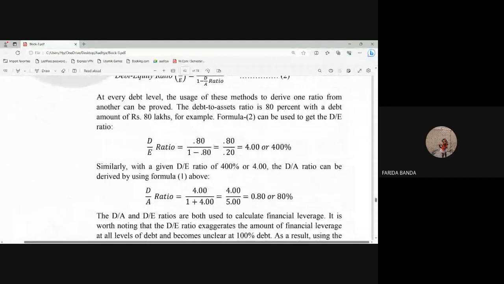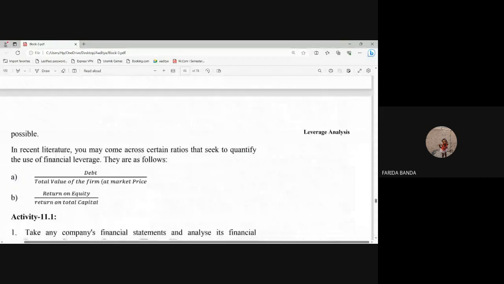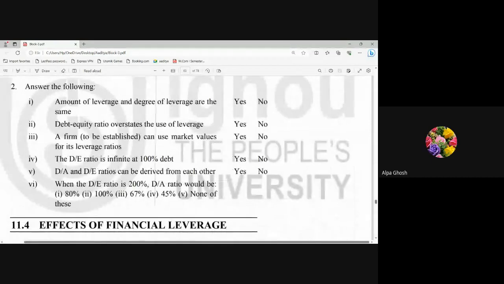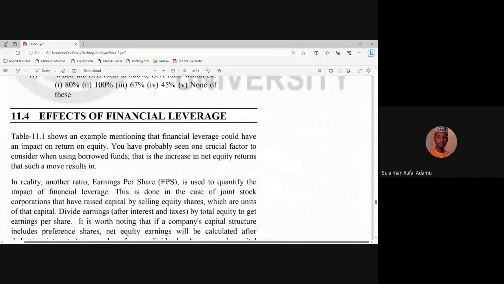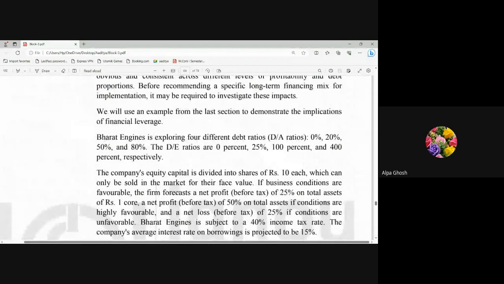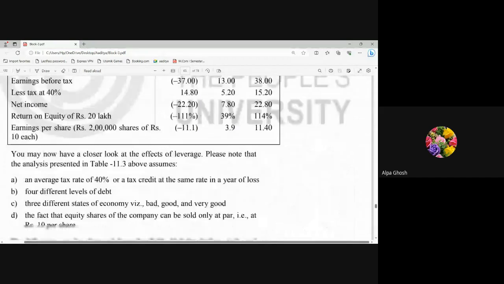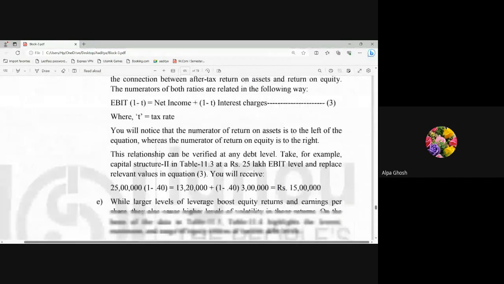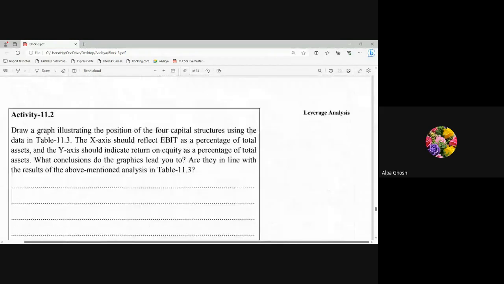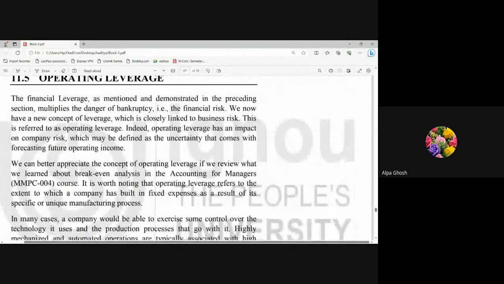Yes. Now we will take, and this is known as financial leverage. Now we will take the second part of this. These are all the calculations. You can go through the content because I've explained how to calculate.